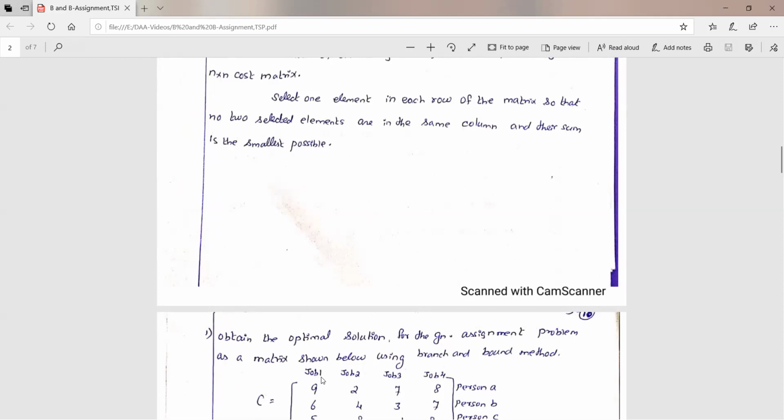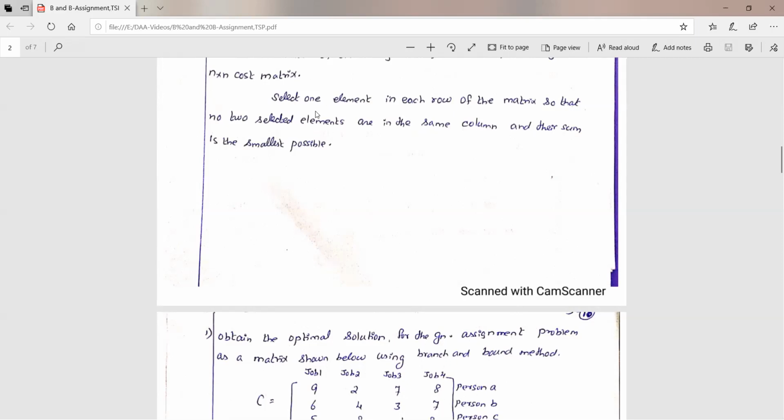If I finalize that, then person B cannot take job 1, which takes 6 hours, because person A has already been assigned the first job. So for person B we have to consider the rest of the jobs, not the first job, because the first job is already fixed with person A.